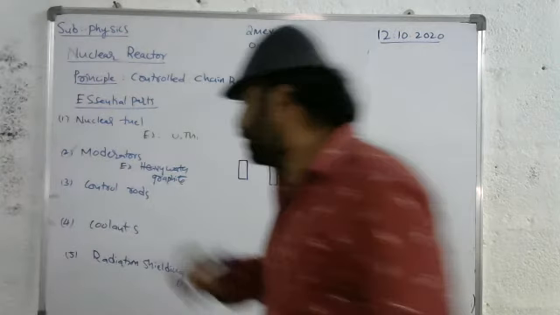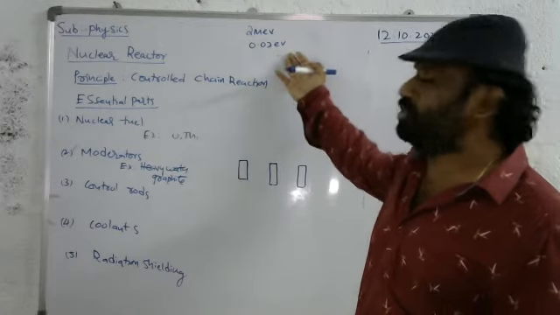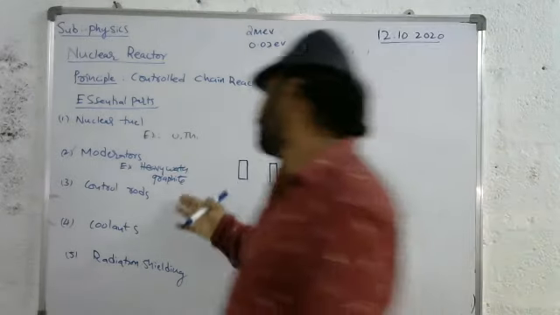Look here, what are moderators? Moderators are substances used to slow down fast moving neutrons. The fast moving neutrons can possess an energy of 2 million electron volts. When slowed down, the energy becomes 0.02 electron volts. Examples of moderators are heavy water and graphite.